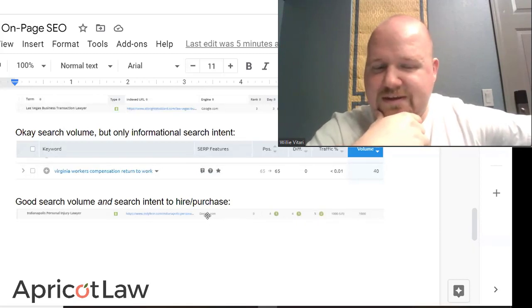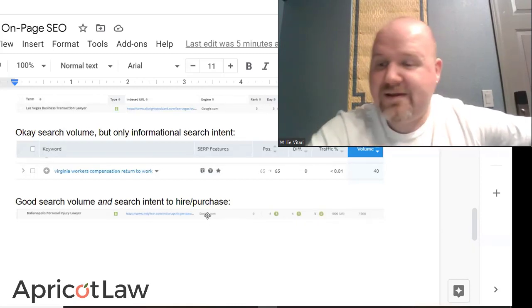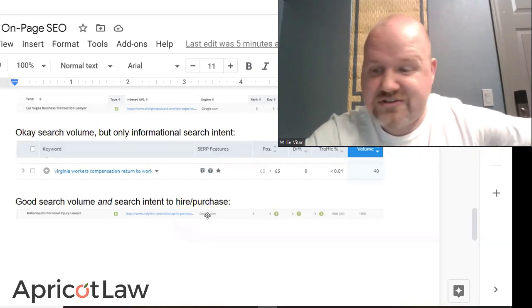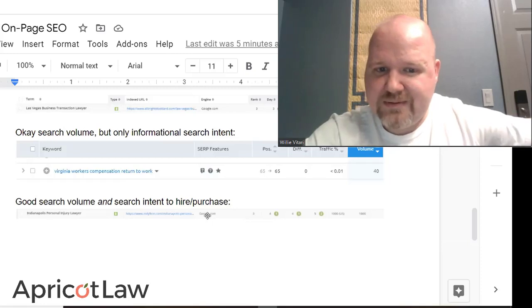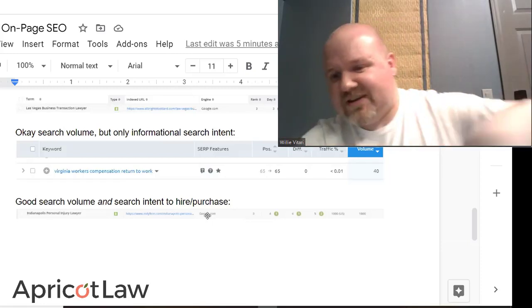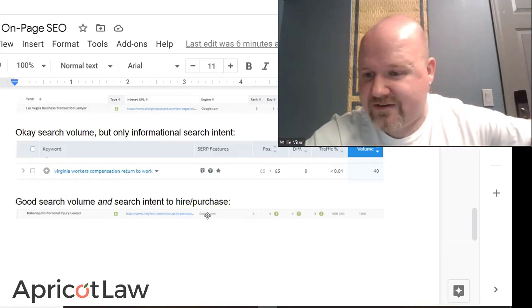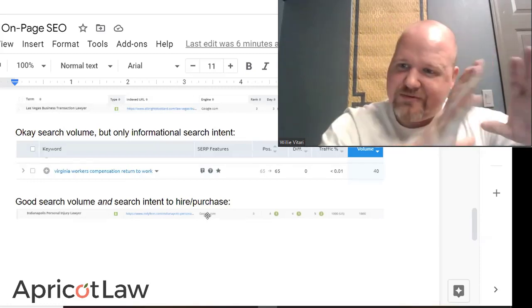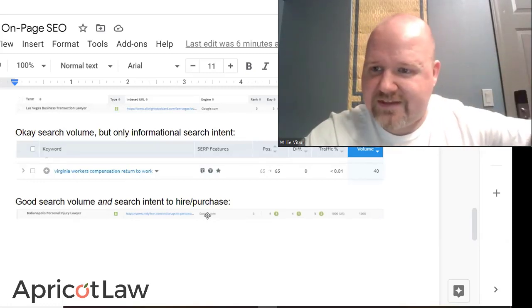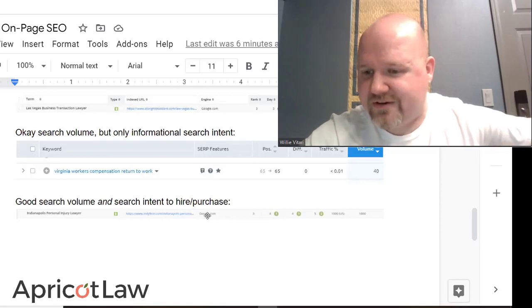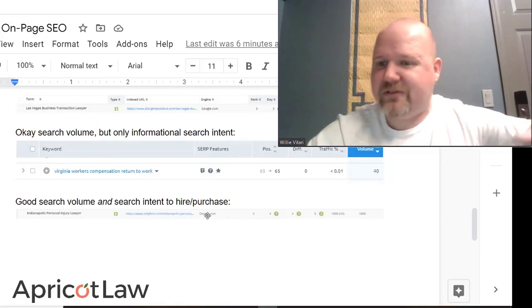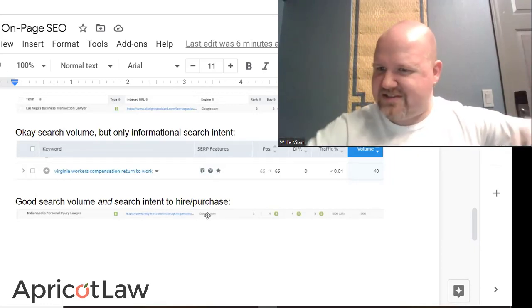And with the long tail keywords, there can be a lot of money there as long as you're paying attention to the search intent. Because when you get into long tail phrases, that also tends to be when people start getting into more of the informational search intent rather than the intent to hire or intent to purchase. Whereas with the target keywords, the really concise ones, we often find that the intent to hire is much stronger because they know what they want and they're not really looking for information. Does all this make sense? Anybody have any questions?